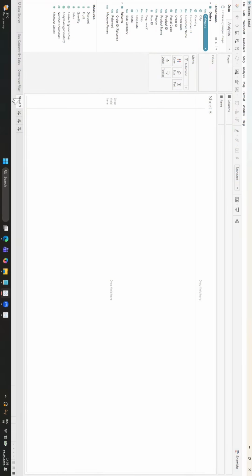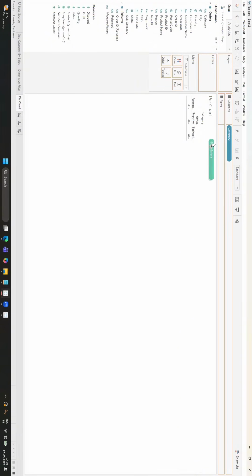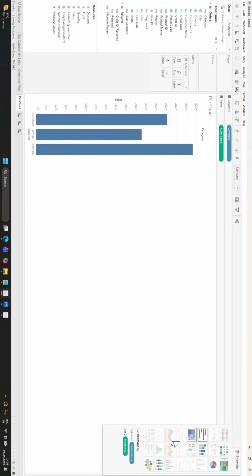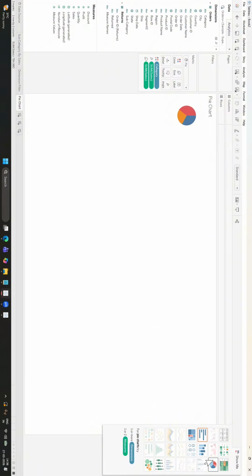I'm going to the next sheet, which is going to go with the pie chart. I'm going to drag the category to the column shelf and sales to the row shelf. By default, you get the column and I'm going with the pie chart. So the enabled visuals are the ones which I can use. So here, going with the pie chart,